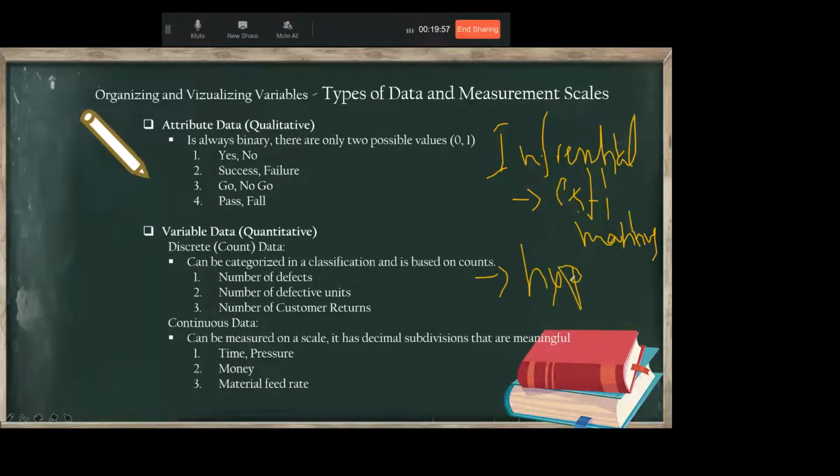Hypothesis. Hypothesis means your claim, which is not a fact yet. So you need to test your hypothesis. So the main purpose, as I told you, is to draw the conclusion or to make the decision, to reach a certain